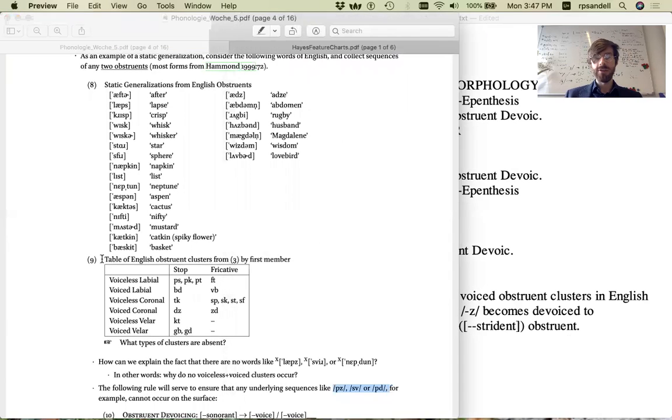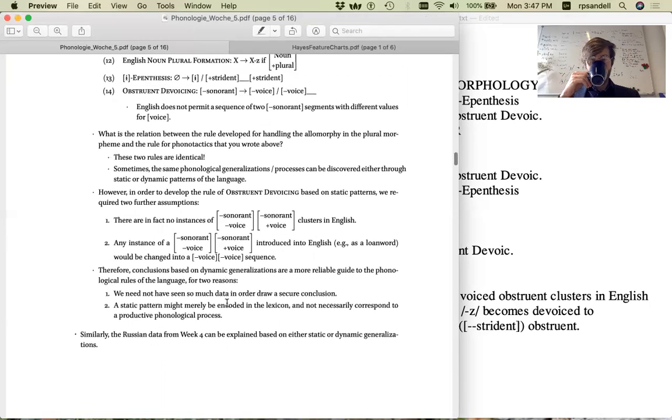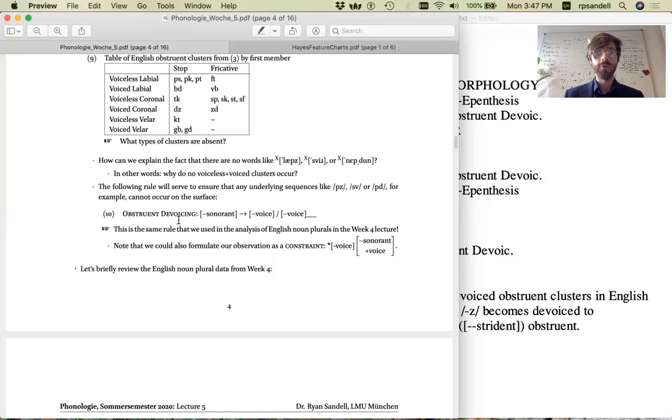How would we want to make sure that those clusters don't exist and are not allowed to occur? So for making sure that obstruent devoicing genuinely is a productive process, an active process of the inventory of phonological rules of English, it's much more helpful to look